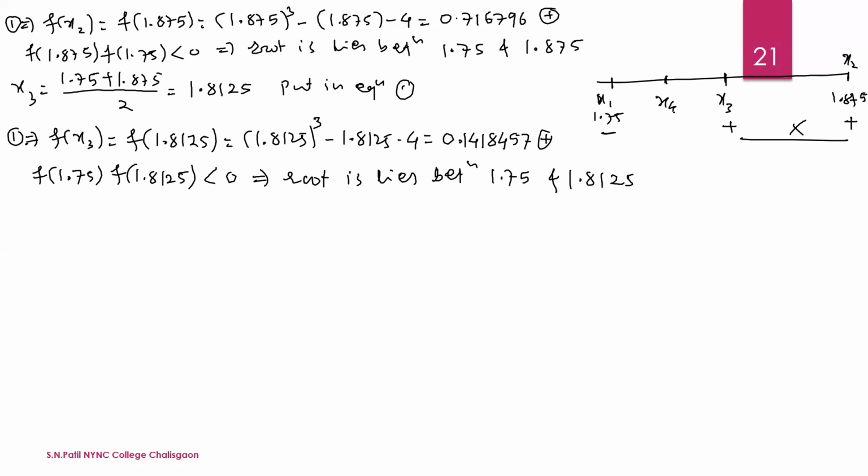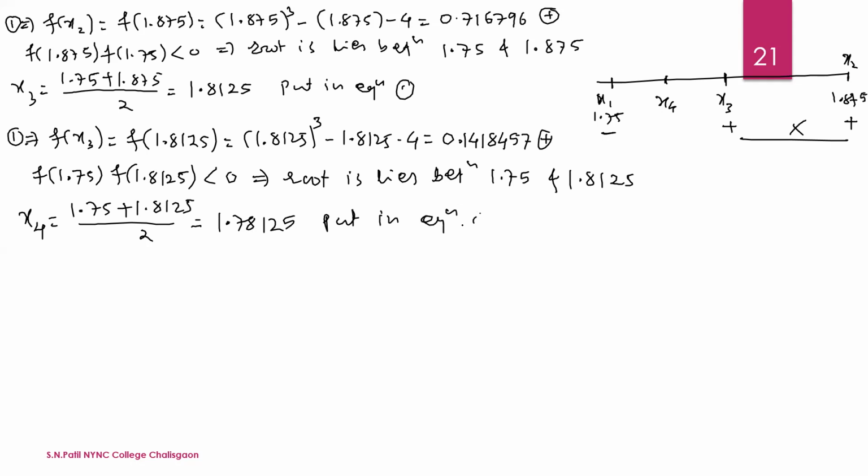So this is the x4 point. That is x4 is equal to 1.75 plus 1.8125 divided by 2, which is equal to 1.78125. Now put this value